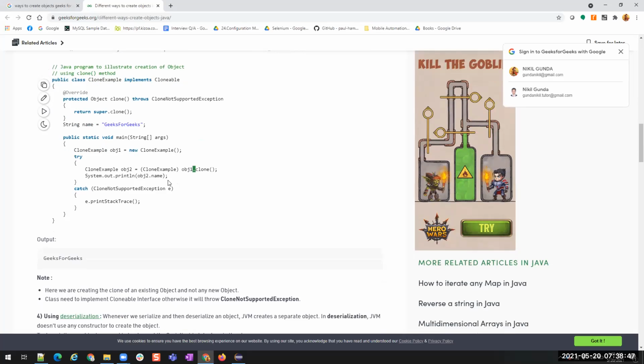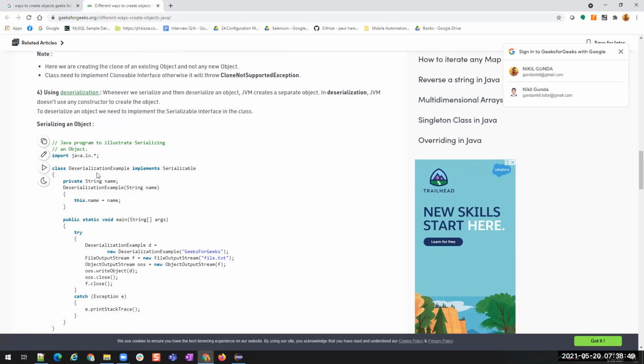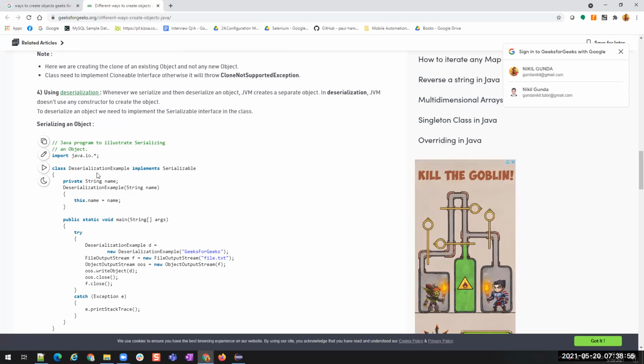Okay, right. And then deserialization and serialization. This is a very bad way to create an object. Whatever value is present inside this object, it is going to allocate some memory and have some values inside it. Whatever is present inside this object, we are going to encode into some random string, some encoded value, and that encoded value will be stored inside a file, any file. Whenever we want to use it, we are going to fetch that file, decode it, and store it in an object.